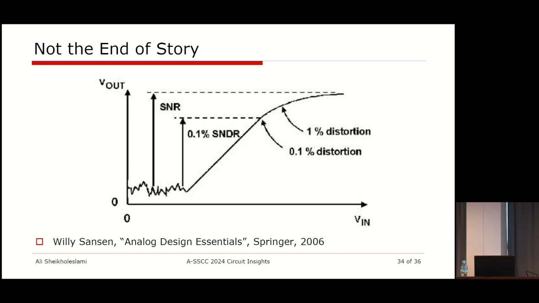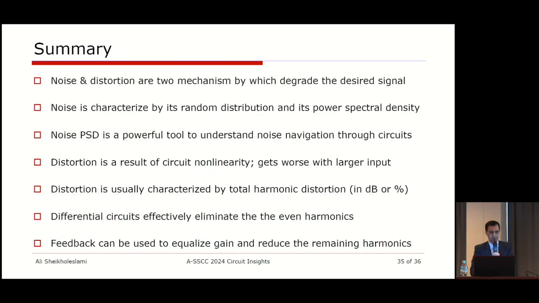But when you increase the input signal, your output signal goes up linearly. But if the input goes beyond that, you get to the nonlinear region and you start to see distortion. So this concept of signal-to-noise ratio and total harmonic distortion could now be expanded into signal-to-noise and distortion ratio. And if you find it interesting and exciting, I really invite you to go to graduate school. These are topics that go beyond the scope of these Circuit Insights.